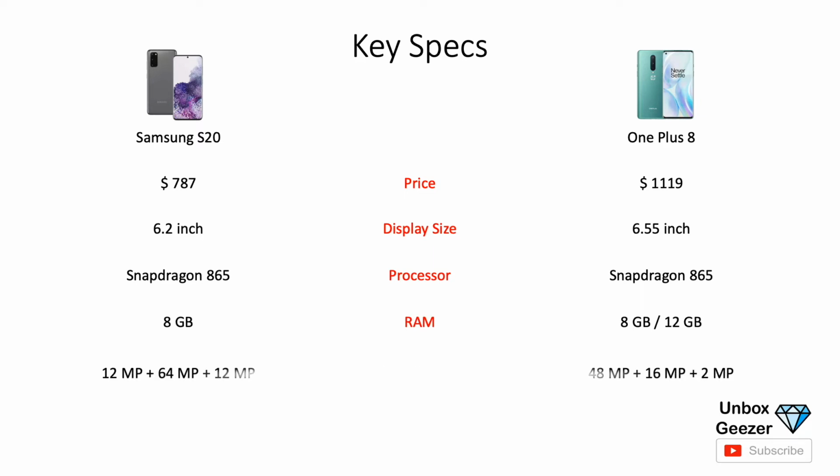You've got 8GB RAM as standard on both devices, but if you paid a little bit extra, which is more than the price that you're paying at the moment for the OnePlus 8, you can have the 12GB RAM. Will you need it? Will you see the difference if you're a normal user, if you're not a gamer? I don't think so. The OnePlus 8 has got a 16 megapixel wide camera, and the Samsung S20 has a